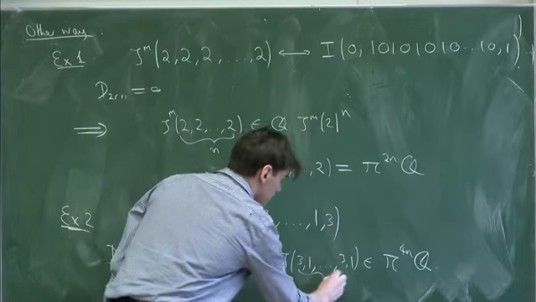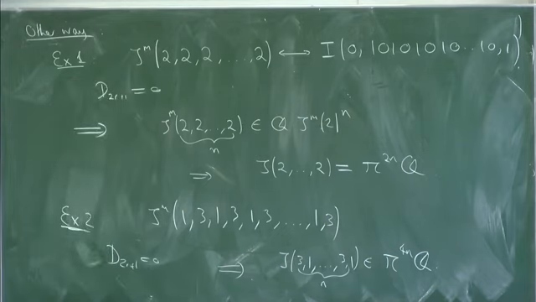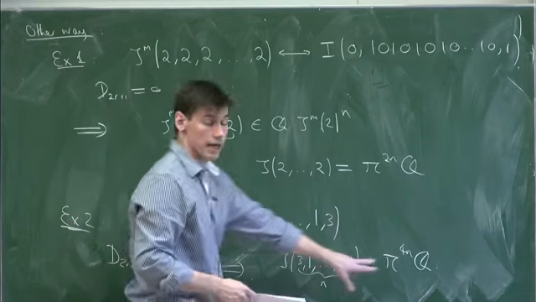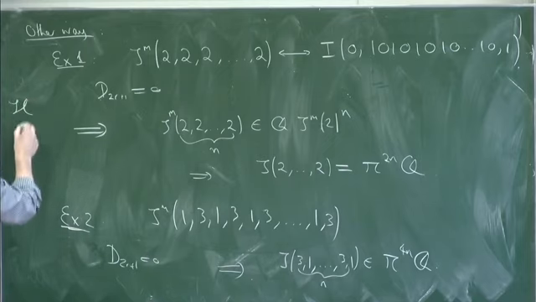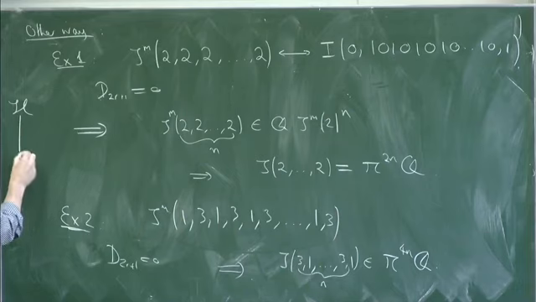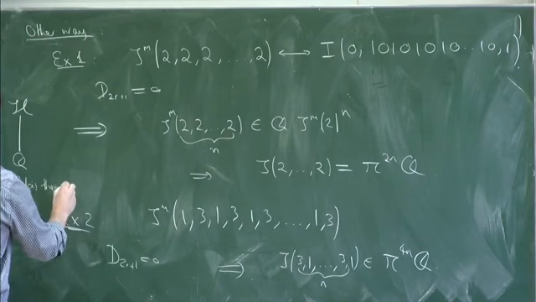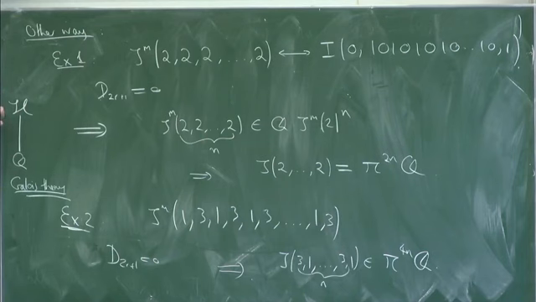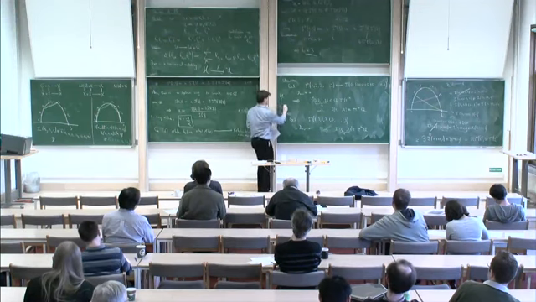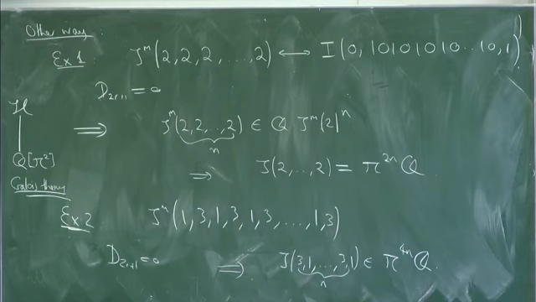Of course, there's no way of knowing what that rational number is. Motivic theory doesn't tell us, but it tells us by this sort of Galois argument that it has to be rational times a power of pi. So what we're doing here is really viewing Motivic multiple zeta values over Q as a transcendental extension of numbers, and I'm really doing Galois theory. I'm looking at elements which are acted on trivially by the Galois group, so they must live down here. So that's sort of the game that's going on.